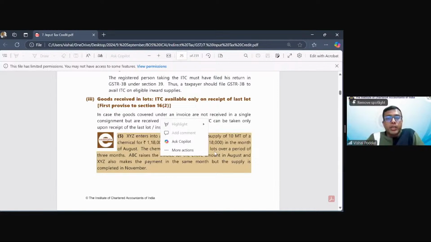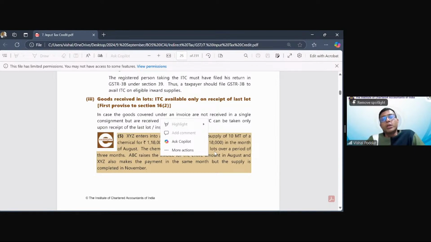Third party also. See, you will take credit on the basis of Hemant's invoice, because for you, the seller is Hemant. You don't even know me. You have only received the goods from me, but you don't know me, right? Yes, sir. For you, the seller is Hemant. Correct? Yes, sir. So you will also get credit on the basis of the invoice that you are receiving from Hemant. Hemant would have uploaded the invoice in his GSTR-1. So in your 2A, 2B, Hemant's invoice is reflecting, and on that basis you will take credit. And anyways, this third condition is satisfied because you have physically received the goods. Yes, sir. Correct?